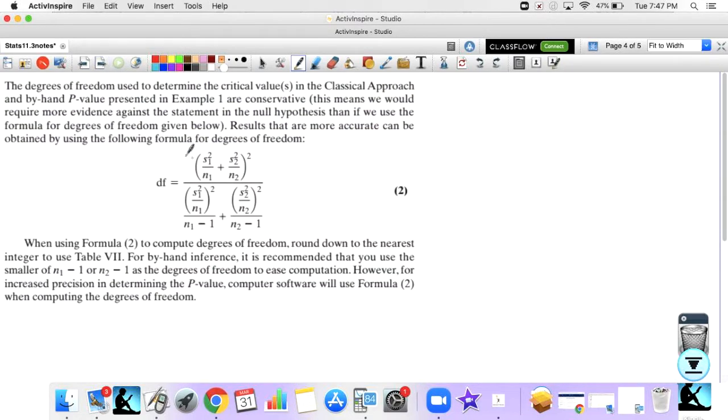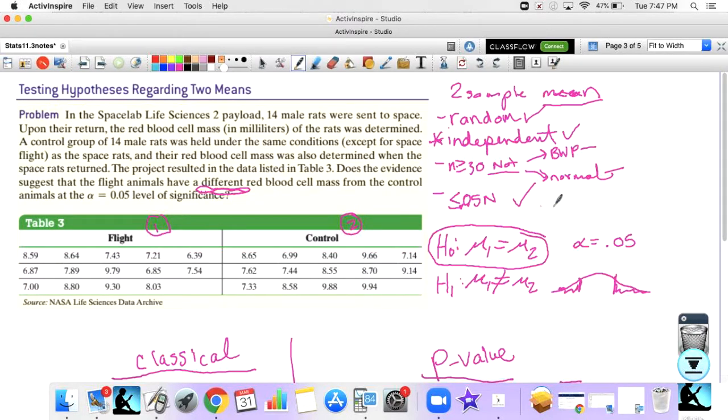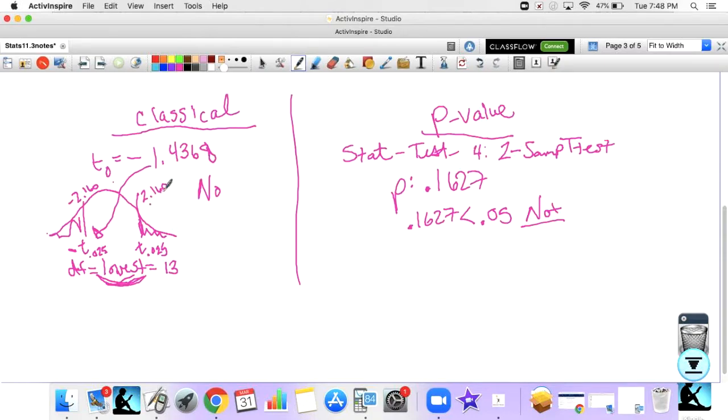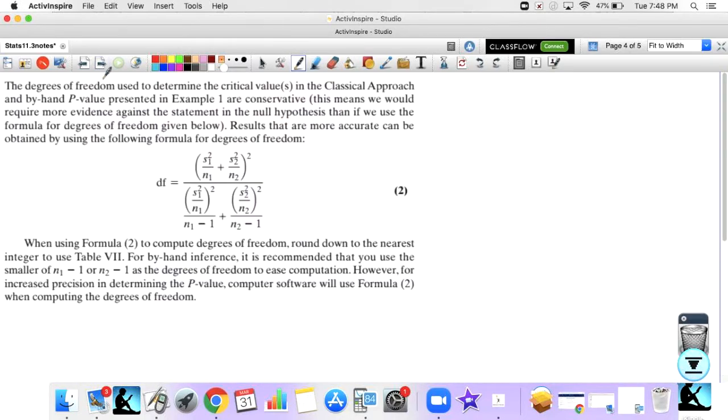So, the degrees of freedom seemed kind of willy-nilly, right? I said to you folks, if we're doing classical and we need to find our critical value, which is what these two numbers are, then you just use your lowest degrees of freedom. But that's not actually as rigorous of a calculation as we could do. So there is a way to calculate the best calculation for degrees of freedom, and it would be